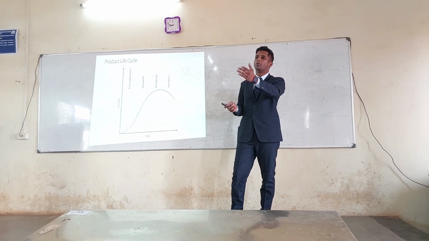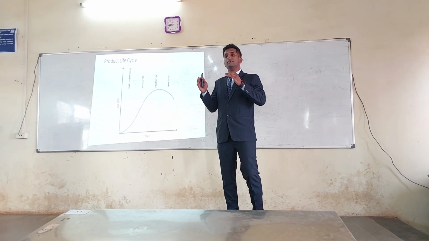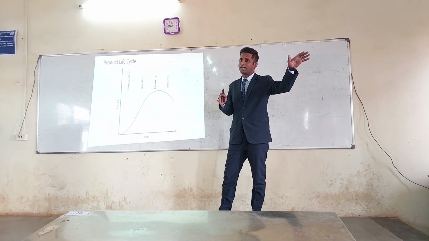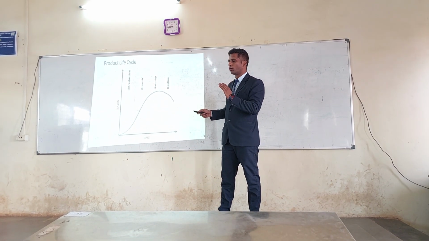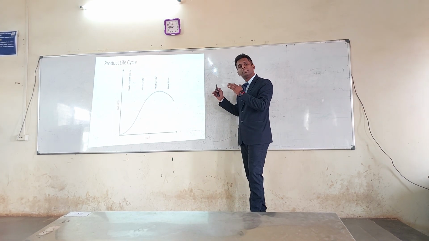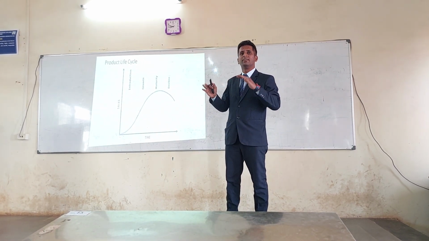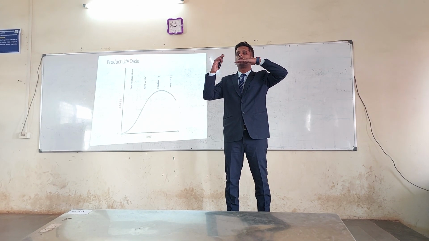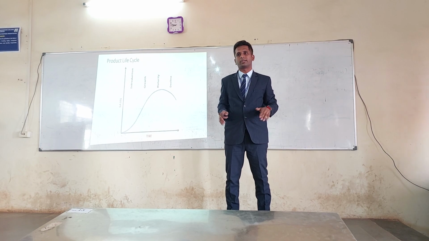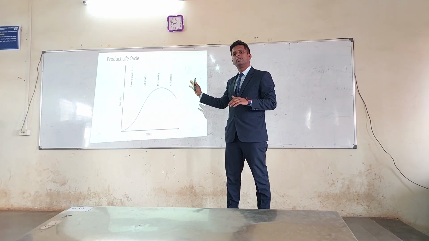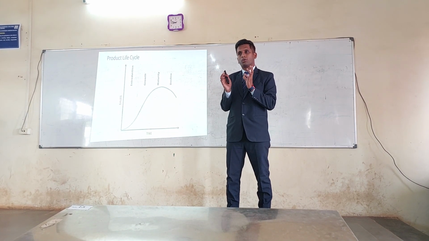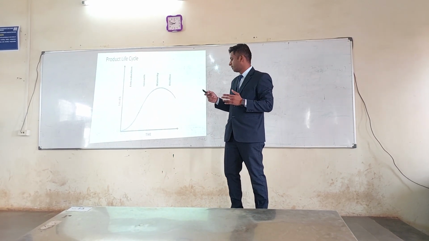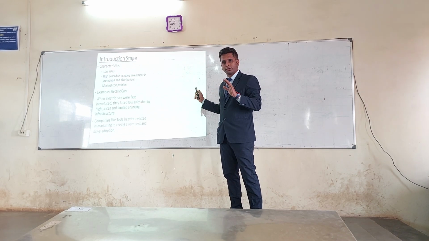For example, Xiaomi mobile phones, when they come to the market, start in the introduction stage with fewer sales. But once it has reached all the target customers, it goes to the growth stage. Next comes maturity, where it has peaked and is constant. Sales are very constant. You don't have to spend much. You have already reached the target customers. The maturity stage is a very crucial stage. Any time you can go into decline because competitors are very high. In the decline stage, it is the end of the product.